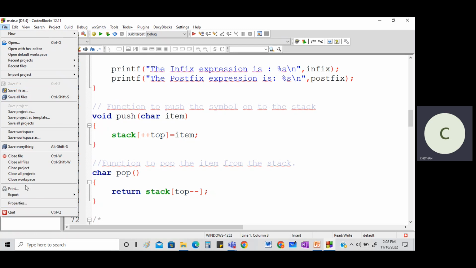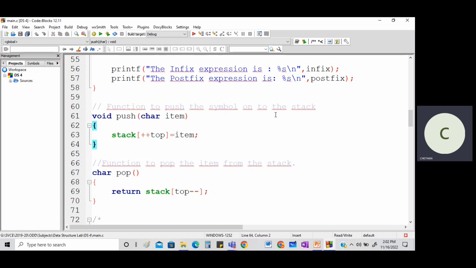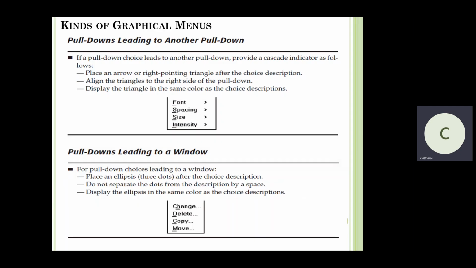P is probably Control P. Export, what is the meaning of export? You can export it as a program in whichever way you want. So all these things are nothing but a pull down menu. The one that you see here, the one that is represented like this, is nothing but the cascading effect. So again, try to link the ones which you already know so that it becomes